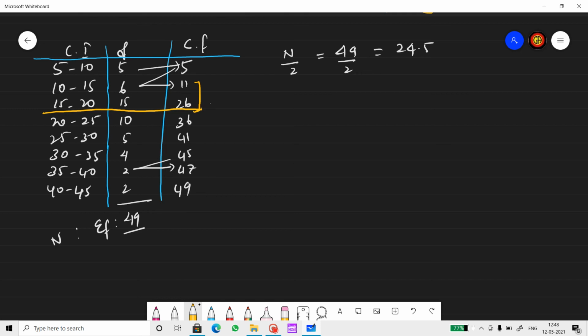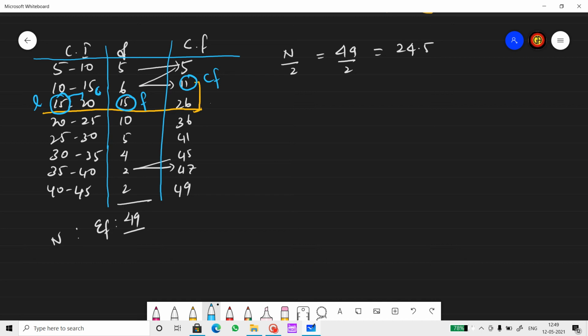Now, underline this. Have it as a habit of doing it this way. Then you can minimize your errors. You can locate the numbers easily. So, N by 2 lies between 11 and 26. So, I'm taking the next greatest value. Now let's figure out the L and everything. L will be this. The lower limit of this is L. This will be your F. This will be your CF. And the class width, the difference, is H or C. So class width can be taken as H or C, and I think we have taken C in the formula.